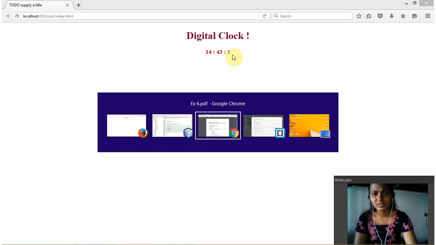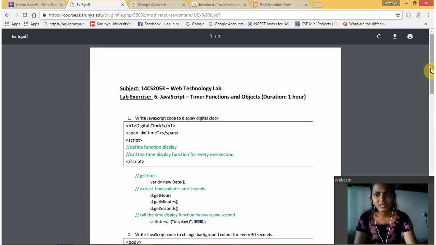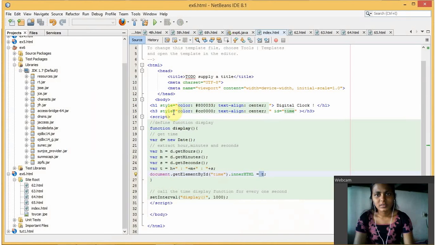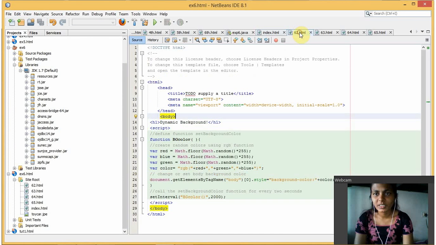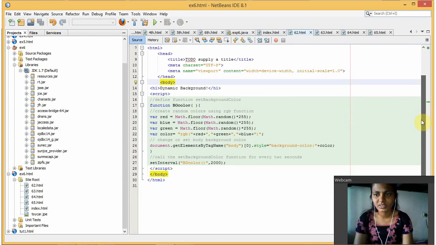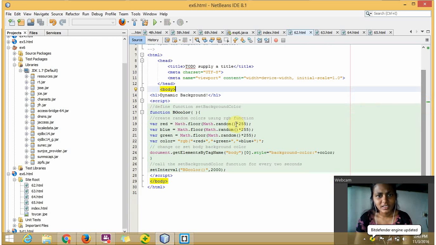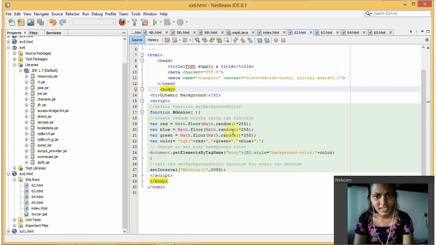We'll go to the next coding. It asks for a dynamic background. The dynamic background uses the same setInterval, with however many seconds you want between changes of the web page background. Here is the code. We use a function bgColor, and we use red, blue and green. These are basic colors. You calculate the values, and every second the values change and get stored